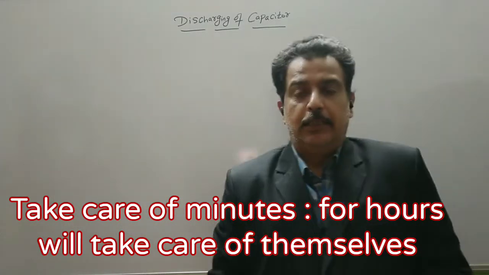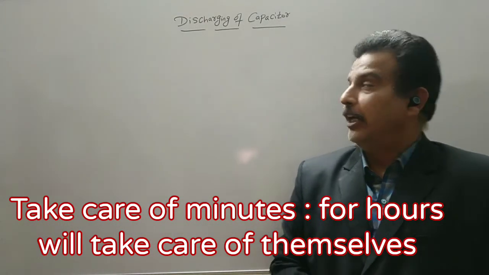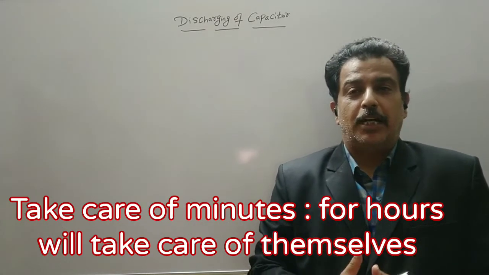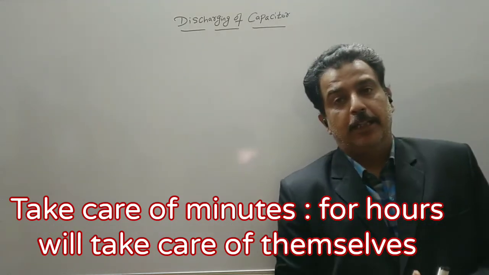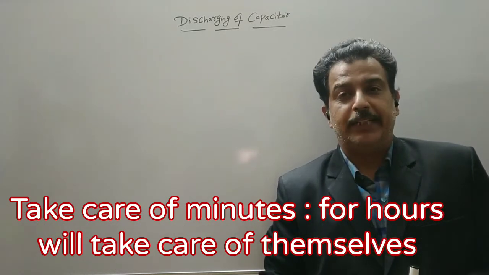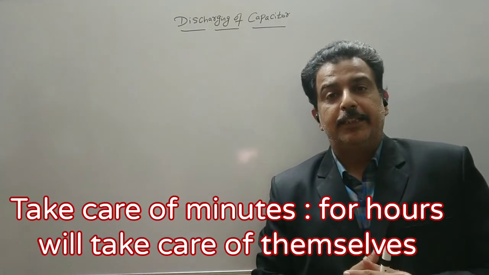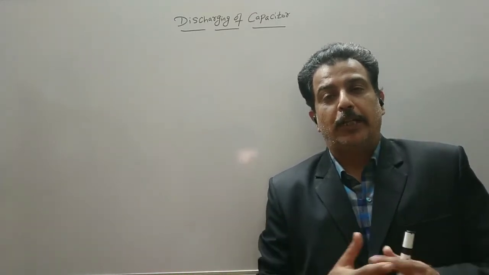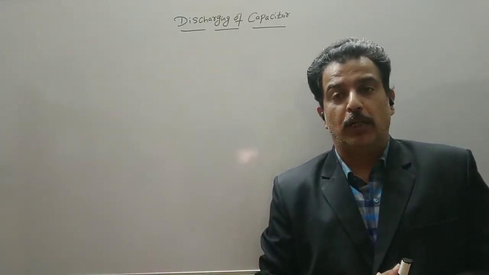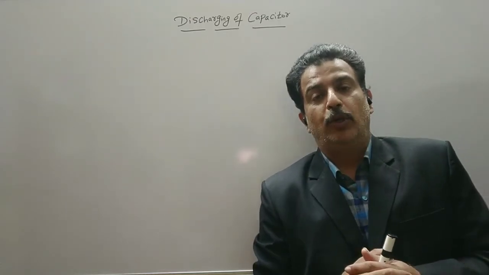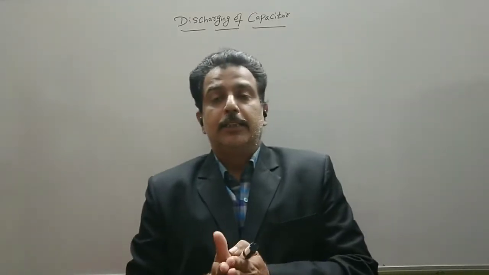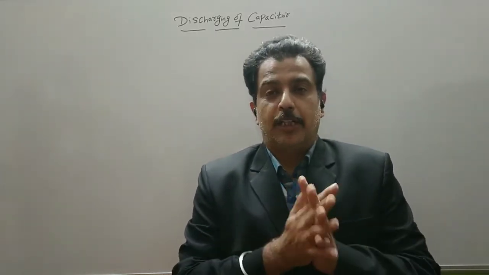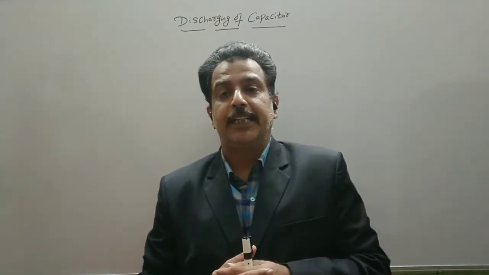Hello students, in the last lecture we studied the charging of the capacitor, and we found that the charge increases in the capacitor. It was charged with the help of a battery, but the current decreases, and when the potential difference across R and the potential difference of the capacitor become equal, the capacitor is said to be fully charged. Ideally, we have seen that a capacitor cannot be fully charged, or it can take infinite time. So the current in that situation decreases.